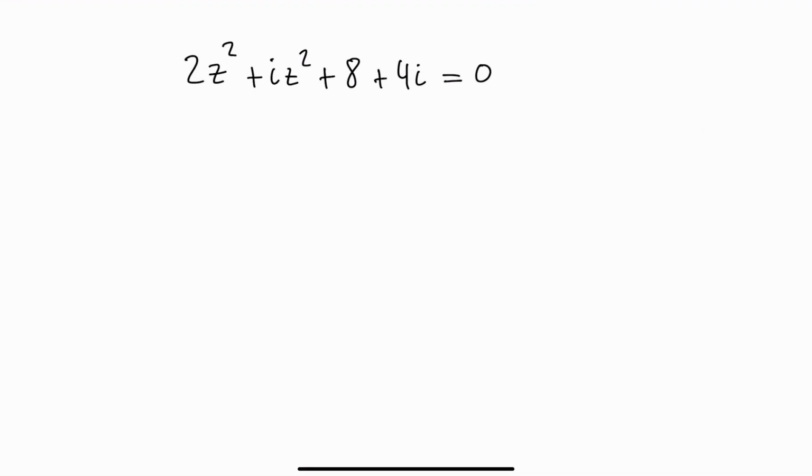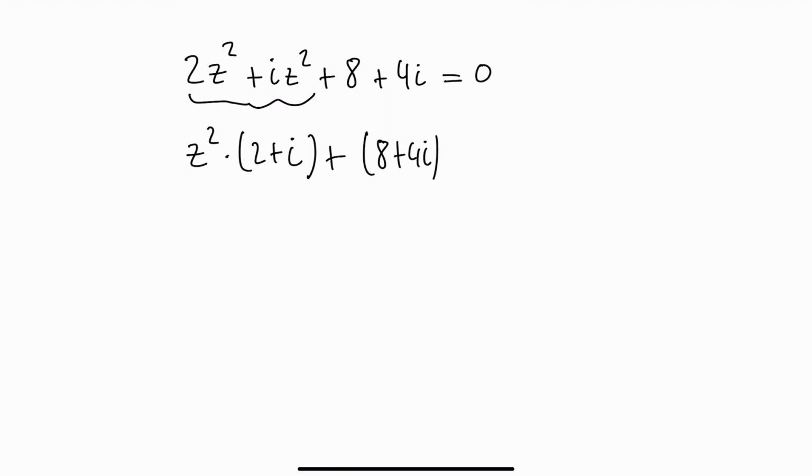For today's video I have a complex function. You can see that because of the i, and we are going to solve this function for c. So we can start right into it. I would start with factoring out a c squared in this term. So we have c squared times (2 plus i) plus, we can put it in brackets, (8 plus 4i) equals